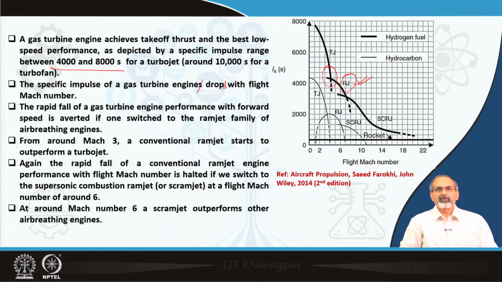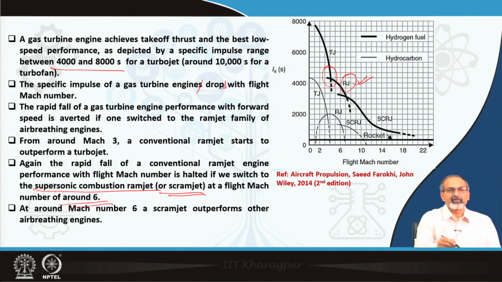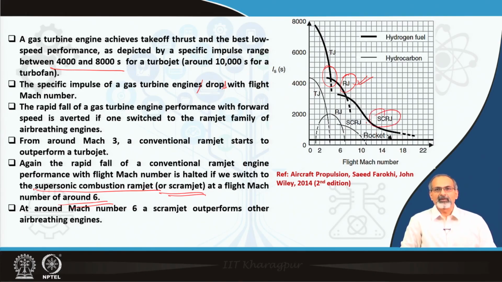Again, the rapid fall of a conventional ramjet engine performance with flight Mach number is halted if we switch to the supersonic combustion ramjet, which is called the scramjet, at a flight Mach number of around 6 onwards. At around Mach 6, a scramjet outperforms other air breathing engines, and then at those Mach numbers you do not have any other possibility from the air breathing family. Of course, the rocket engines still remain, but as far as air breathing engines are concerned, that is the only